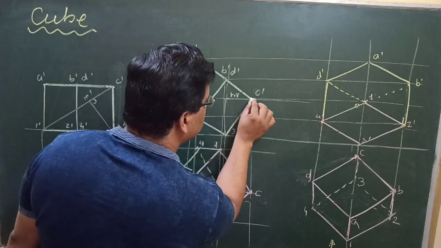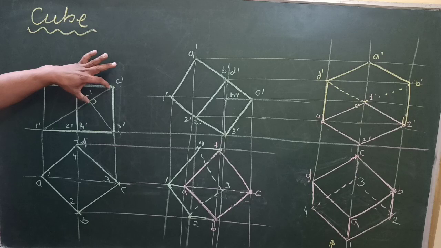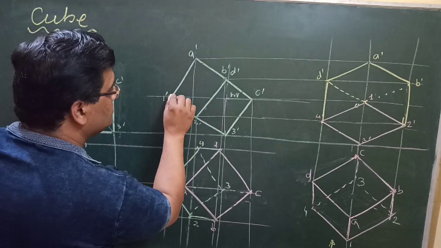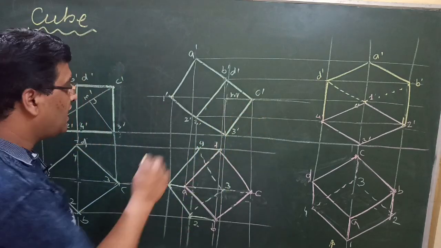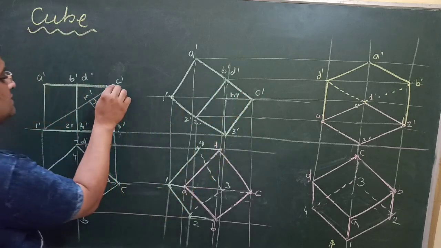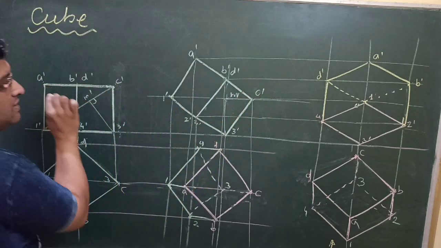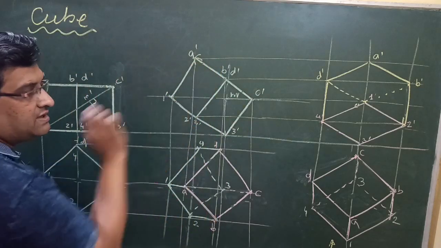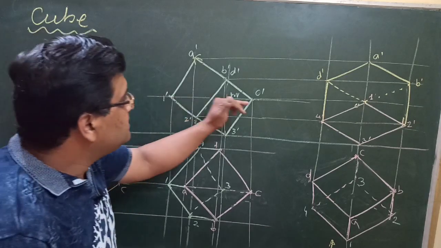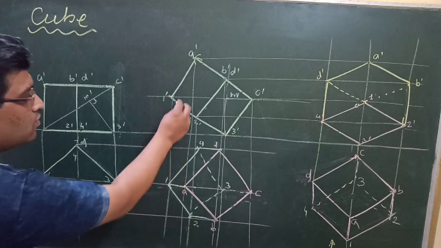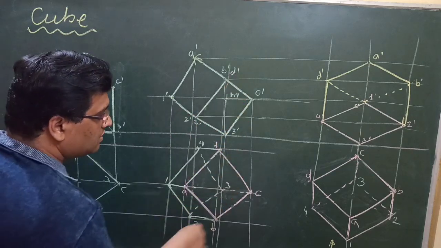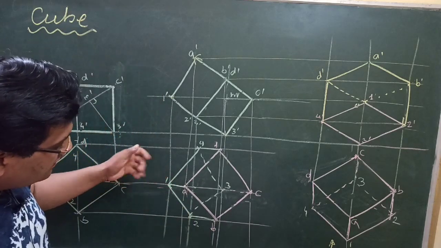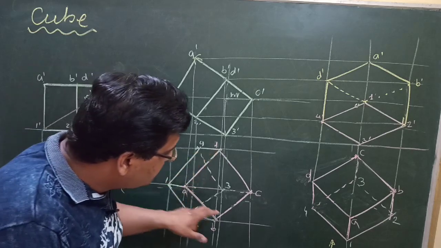So draw 1 dash C dash here and cut the distances M dash to C dash and M dash to 1 dash, so that we get these 2 points. After getting these 2 points, you can easily cut this distance from here and this distance from here. So you can complete this diagram here, taking 1 dash C dash parallel to the XY line. Now draw vertical projectors from all the points, and horizontal projectors from this side. When the respective lines cut, we will get 1, 2, 3, 4, A, B, C and D.